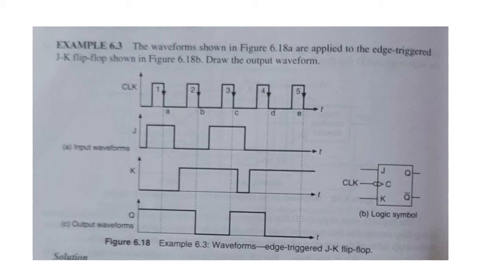In the case of the fourth clock negative edge, if we again check the value of J and K, J value is 0 and K value is 1. If that is the case, then the flip-flop has to move to the state low. Previously it was at the state high. So at the fourth negative edge of the clock pulse, the flip-flop will move from high to low. Thus we obtain the waveform for Q.